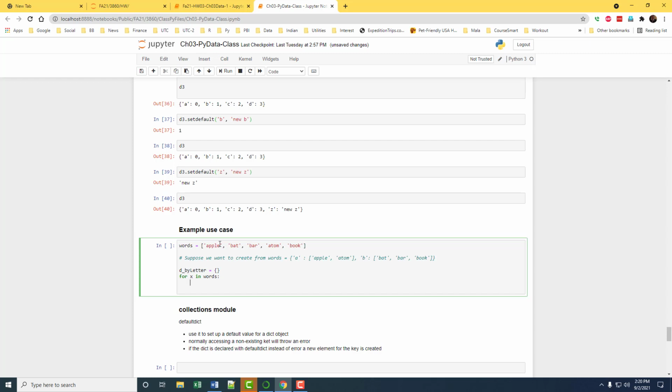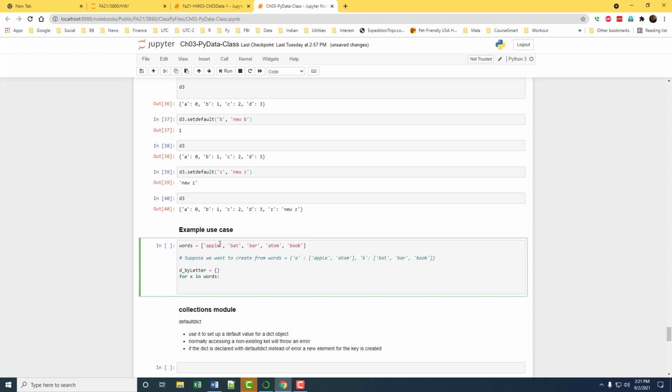That's where setdefault will be useful, because if the key is already there, it will return the value of that key. If the key is not there, it will create a new key with that key value and then return that back to you.